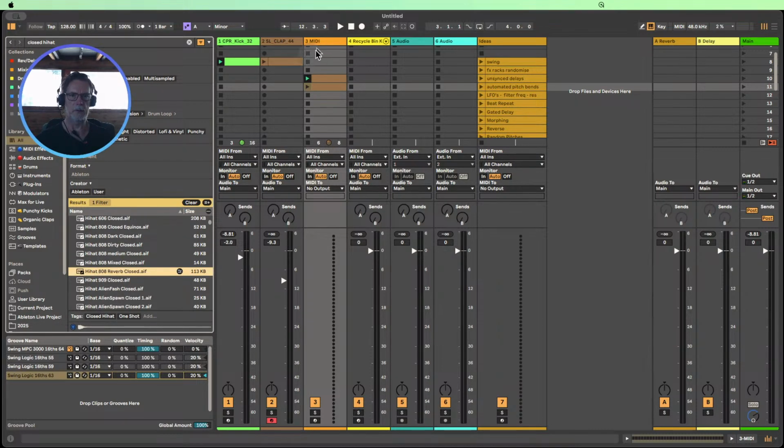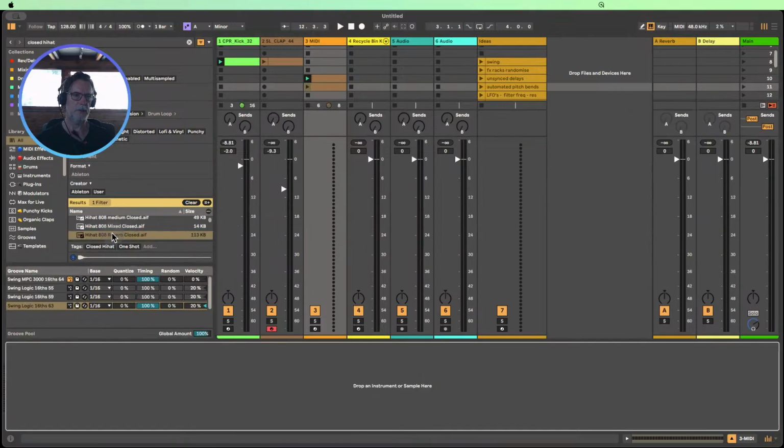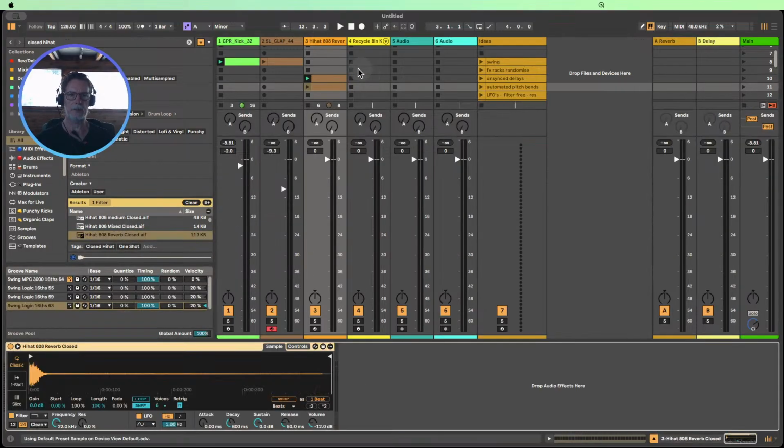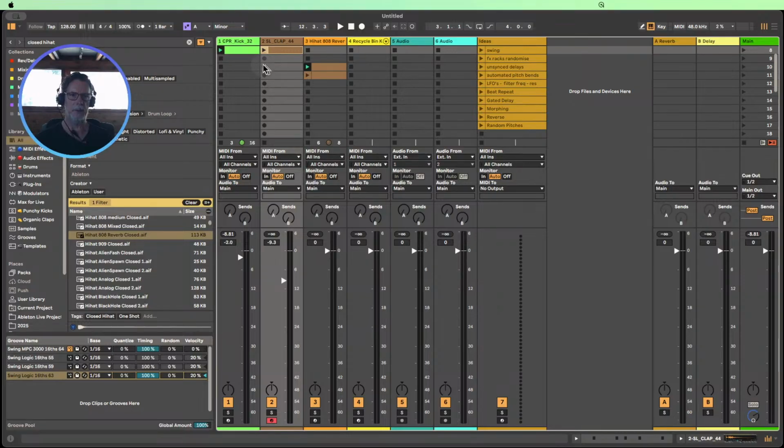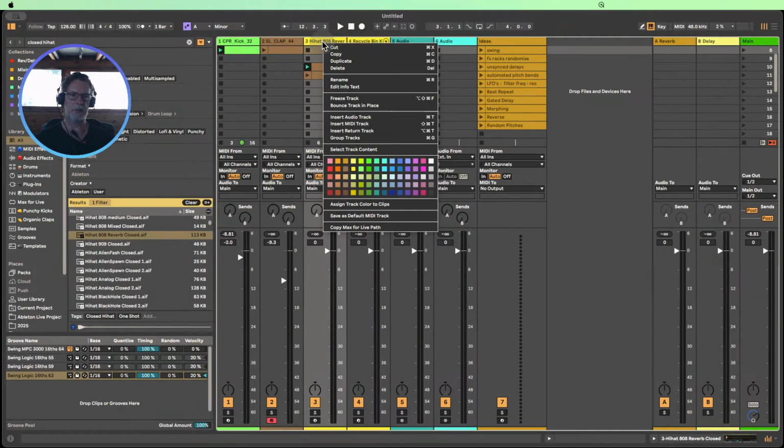Okay, this is good. That's a nice little tight one. Let's use that. Let's just drop that down here. So we're just unpacking swing for a second. I didn't want to do it on my claps in the end because I will apply swing there in a second. But because I opened up the can of worms, which is swing, we're just taking a quick look here